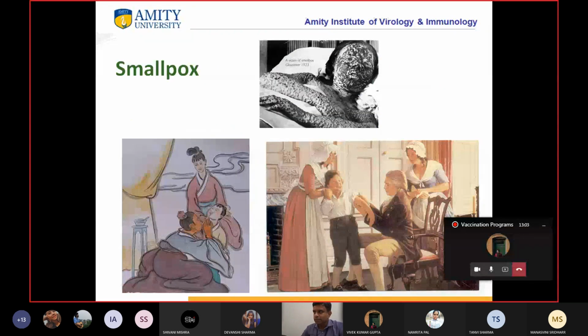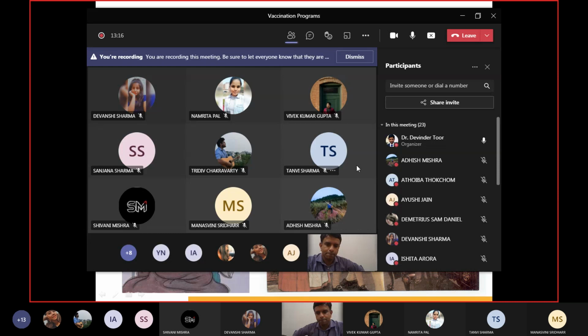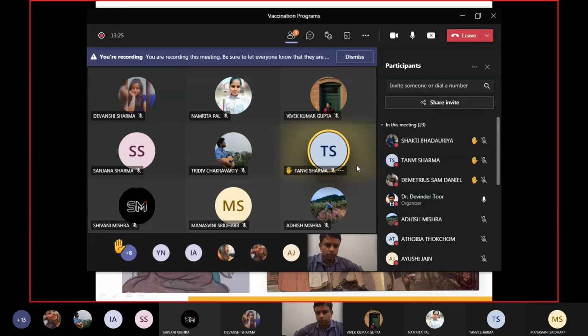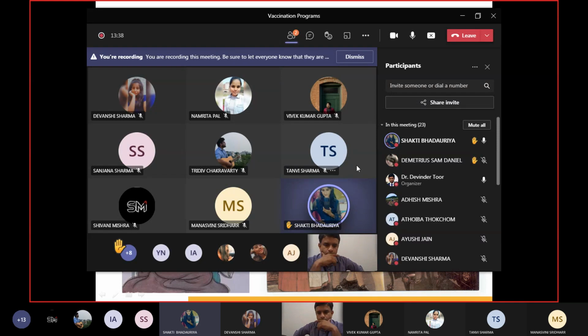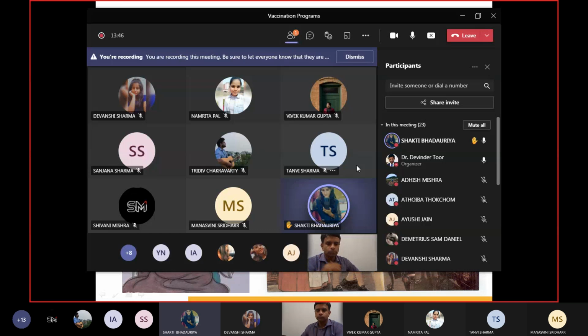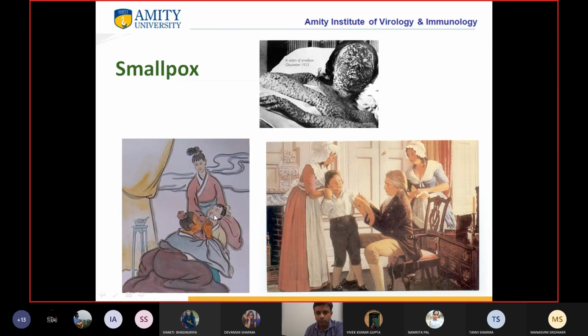Okay, so I think you all remember we started with smallpox. Now my another question is, what is variolation? Yes, sir. Variolation was the process which was used to develop smallpox vaccine. The pus of the patient was taken and heat dried, and then given to other people so they can inhale it, and their body can generate an immune response. Yes, so basically the dried pus was inhaled by the person through their nostrils. Okay, so this was the process of variolation, and later on,